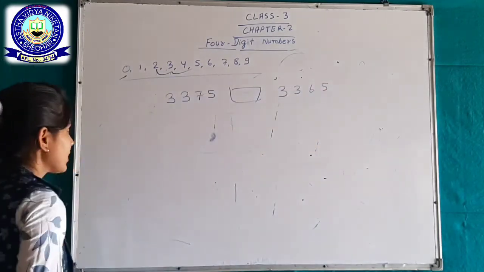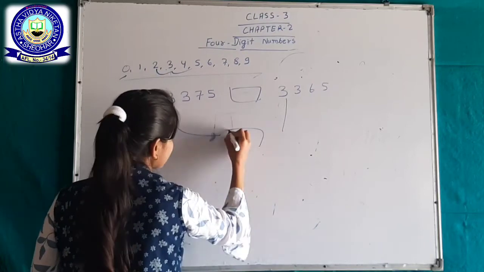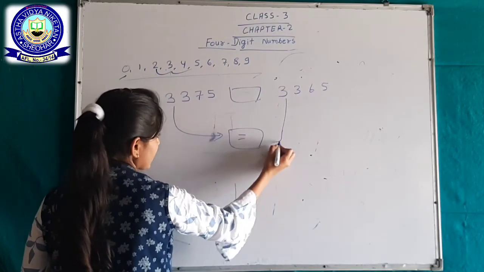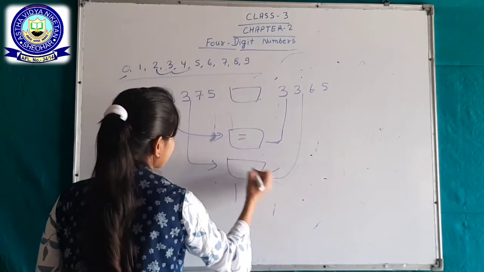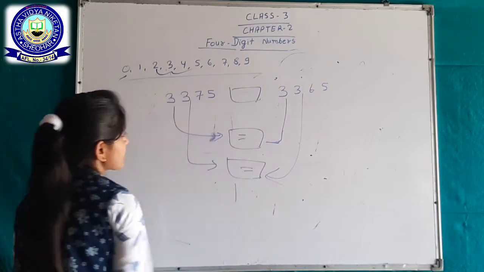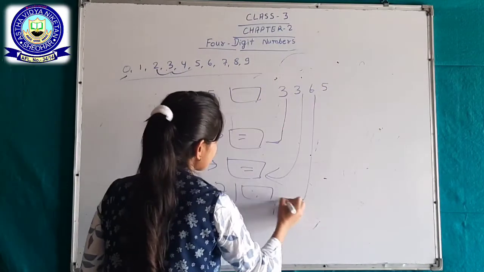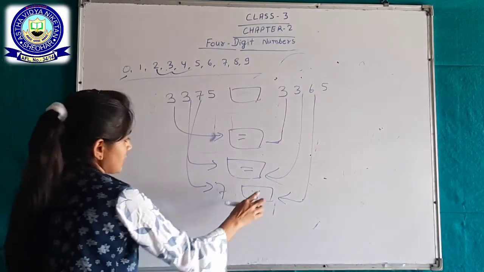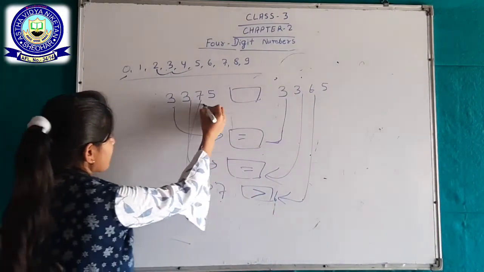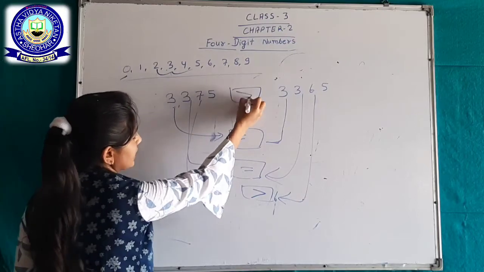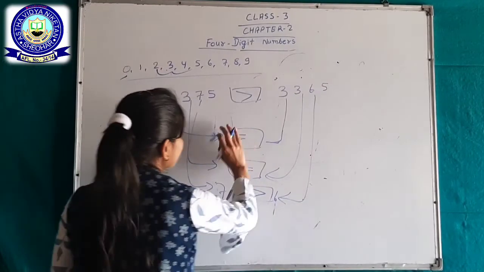Which one is greater? Here is 3 and here is 3. Both are equal. And here is 3 and here is 3. Both are equal. And then next here is 7 and here is 6. Which one is greater? We all know 7 is greater than 6. So 3,375 is greater than 3,365. And the next,